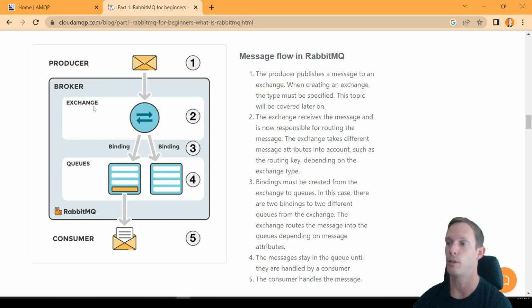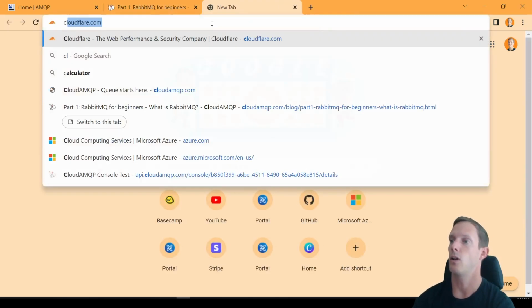Producers will always publish to this exchange, but they're basically going to tell the exchange which queue to transfer this message to. If they don't tell it, then it's going to essentially populate a dynamic queue. And whether or not somebody's even listening to that dynamic queue is up to the people who write the software, right? So we're going to use RabbitMQ, and what we're going to do it with is something called